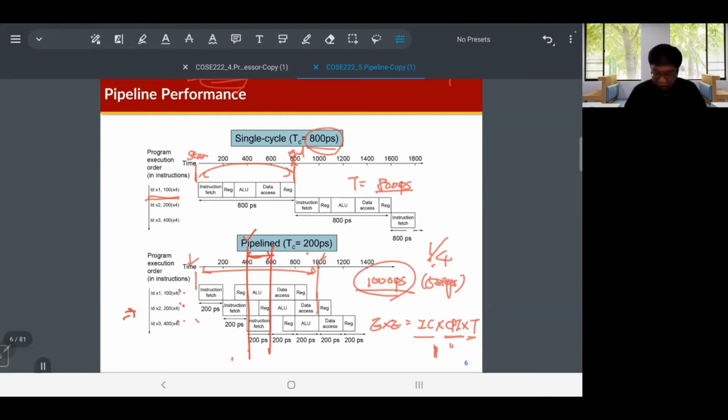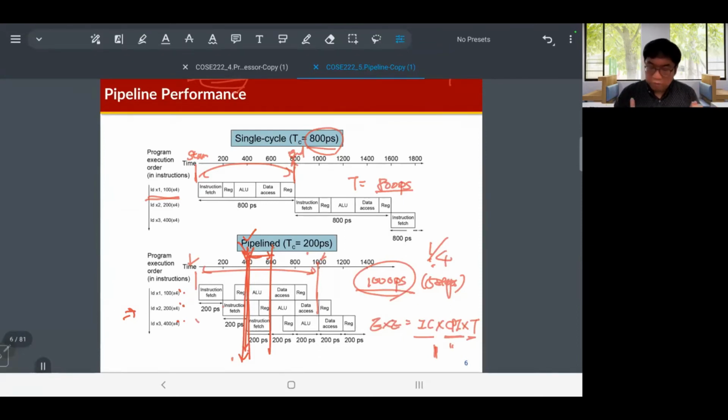Many instructions like load x1, load x2, or load x3 are running inside of a processor. If we just see the behavior of this processor at this time point, many instructions are running concurrently inside of this hardware processor. Which means that with pipelining, the processor can execute multiple instructions concurrently,